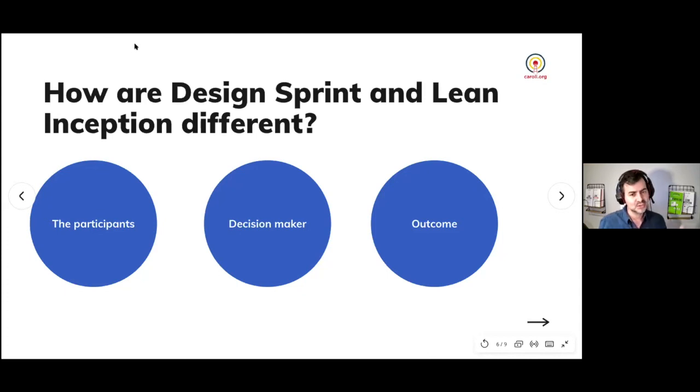Lean inception is closer to Lean Startup. There's some sentence, like, I don't totally agree with it, like, oh, the users don't know what they want. So you figure you're going to build an MVP to validate if that fits the needs of the users. So you don't put it in the hands of the users in that week. You're going to put it soon after, because an MVP shouldn't take a long time to build. But exactly, yeah. And that's the beauty of both methodologies, right? They have different outcomes, but in some way you need them both, right?